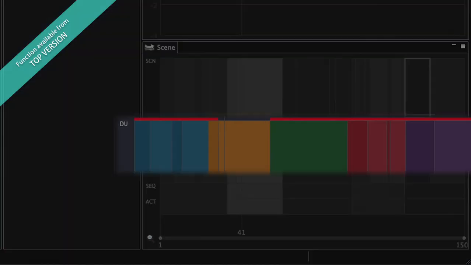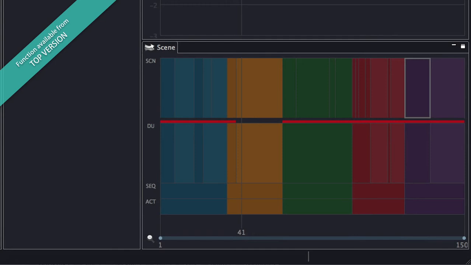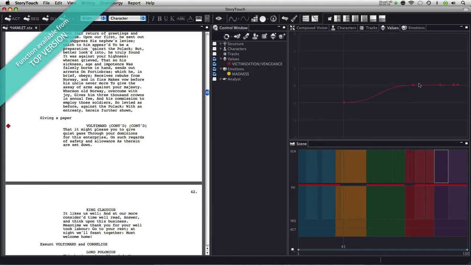There is a value bar in the scene window. This red bar indicates the dramatic units in which none of the existing values change intensity. StoryTouch analyzes the occurrence of values filled in by the author and automatically generates an individual report for each dramatic